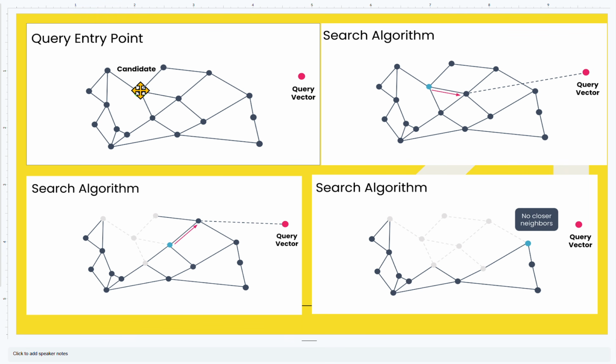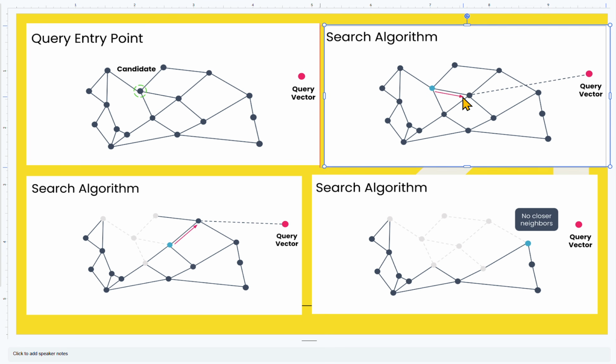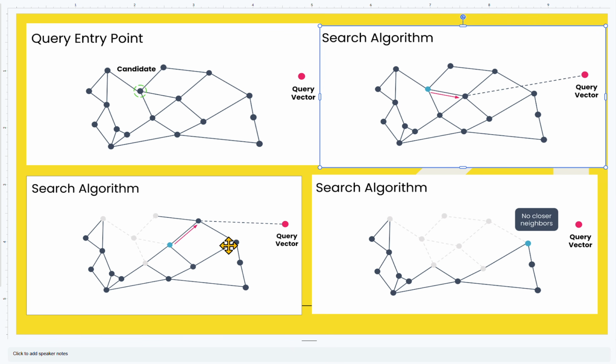So if this point had a certain similarity or a certain Euclidean distance, which of these neighbors is much nearer and which is farther? Based on this, we figure out that this point is much nearer. Now this point becomes your next candidate for this query vector. And then you follow this process, and from this point you move to this point, and then from this point you move to this point. So finally you figure out that, at the end, this is the nearest neighbor,